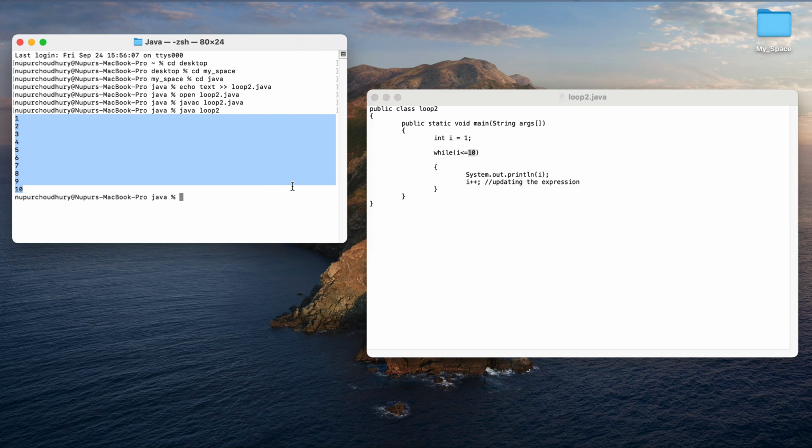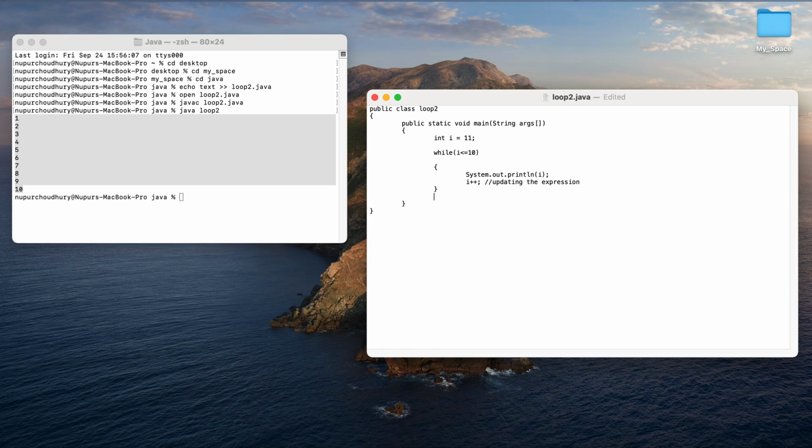Now you have to understand that sometimes this loop might not be executed even once. Let us consider the condition where i is equal to 11. Let us save it. Once I have initialized this variable as 11, now when it checks the condition, 11 is less than or equal to 10, no. That means it will simply end it.